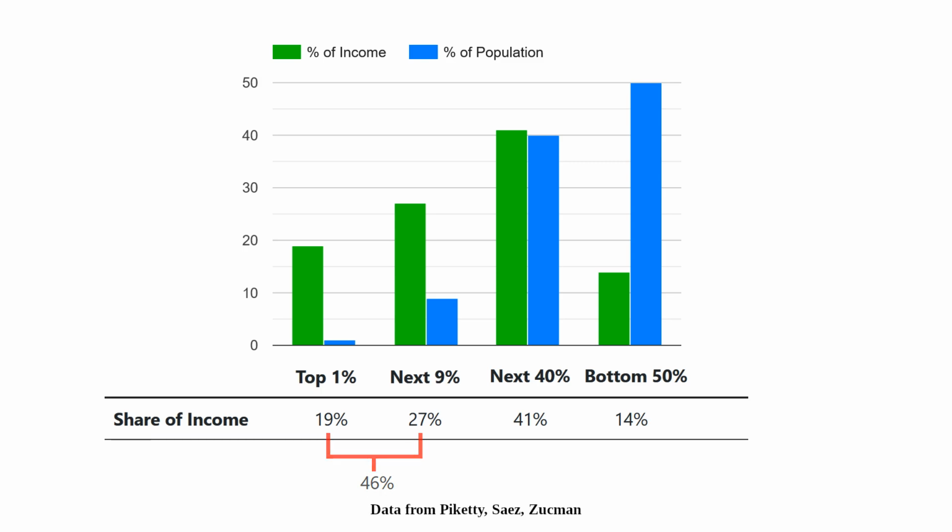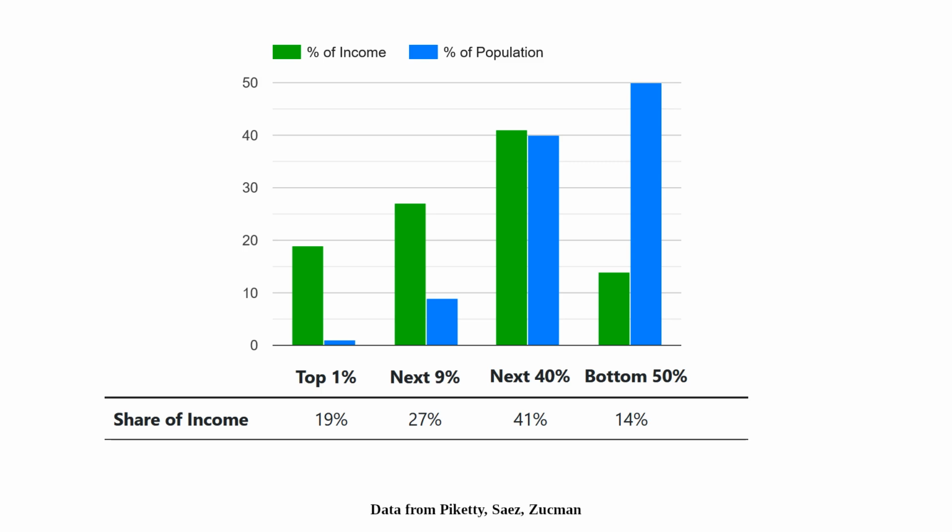The bottom 50% of people make about 14% of total income. This is less than the amount of income made by the top 1%. One important detail to notice is that the distribution is heavily skewed at every level. When looking from 0 to 100%, it is clearly shifted towards the top 10%.